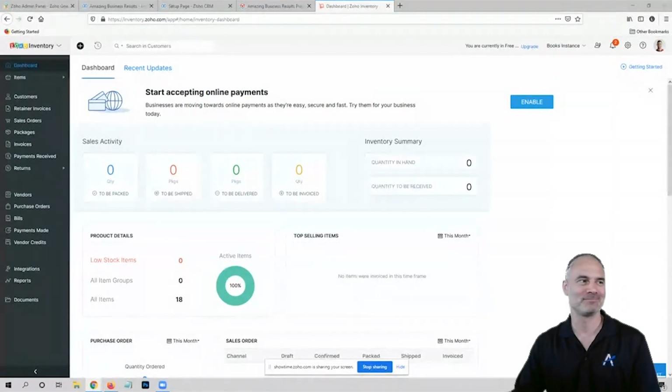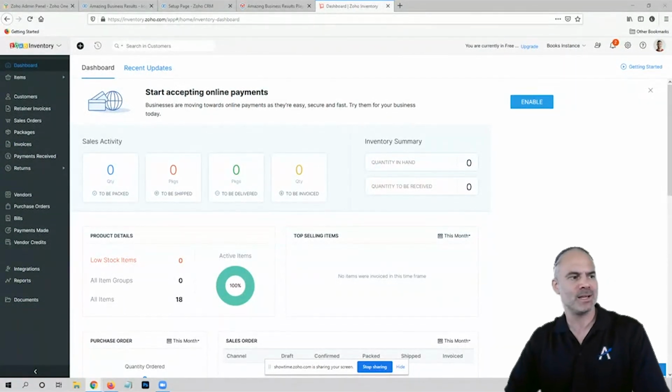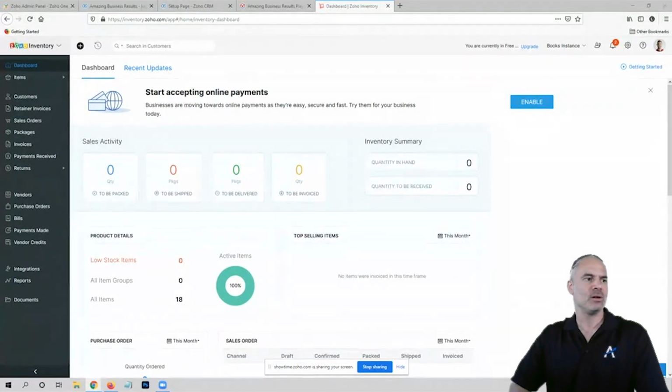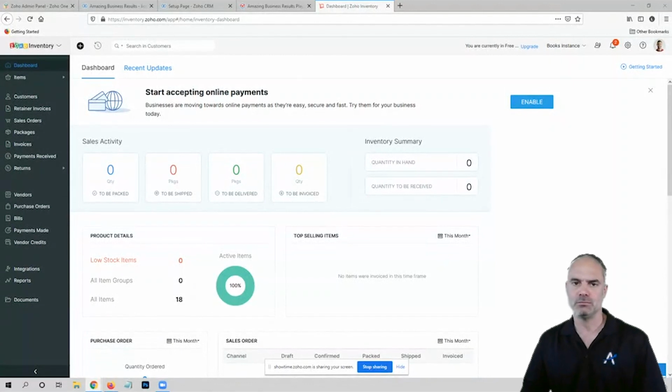Have a good one. Robert is asking, how can I have the Zoho form, after it is completed by my client, automated with a link to one of my fields in Zoho CRM? Okay, so Robert, basically you're trying to have a Zoho form integrating with your Zoho CRM. Is that correct? Yes.